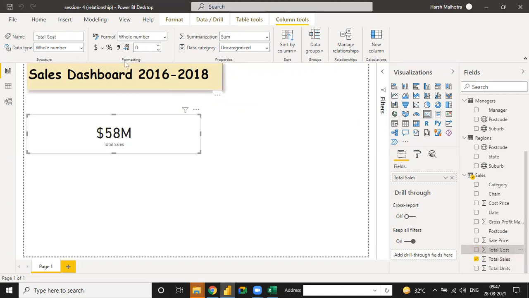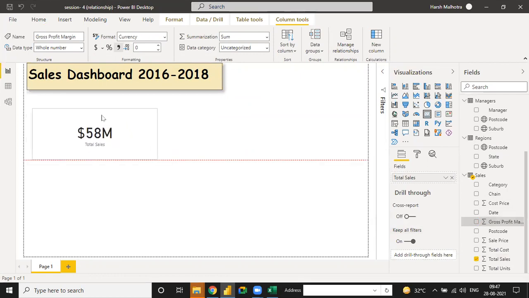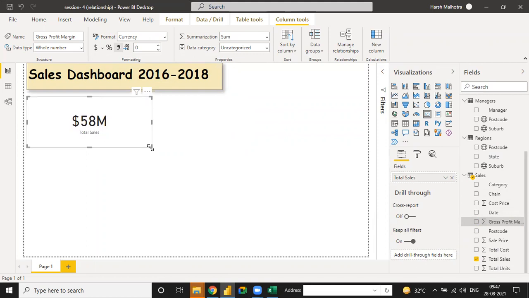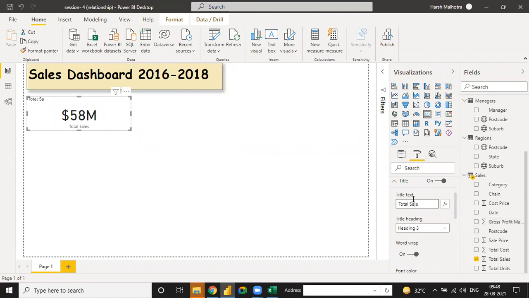For total cost we have changed the currency to English United States, and for gross profit margin we have changed it to United States as well. From the next weekend, we will be discussing a full project. Like we have one project related to a query in a Word file, so for this query we have to solve the whole project. So from the next weekend, we will use this kind of data. Now we are using the total sales.